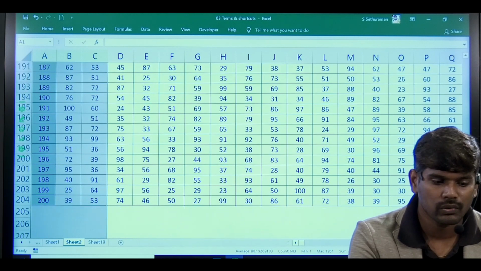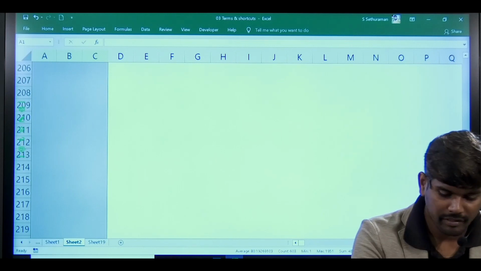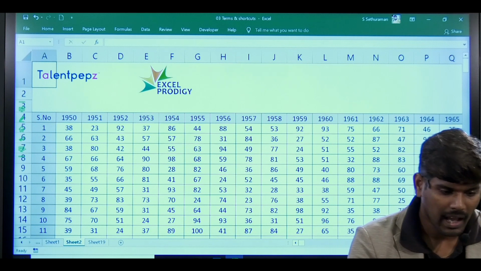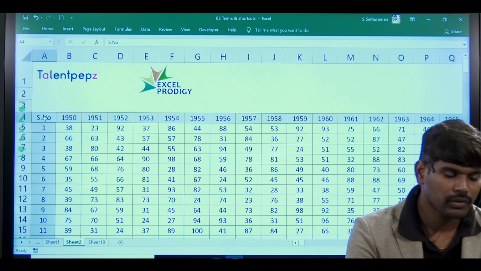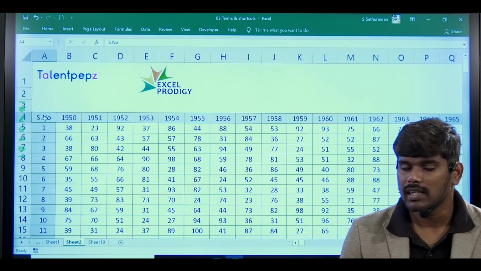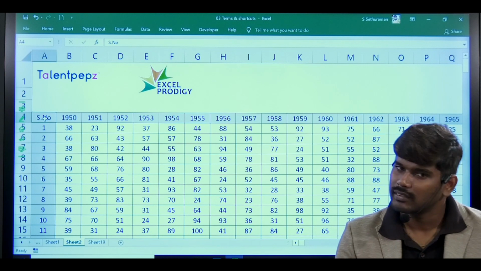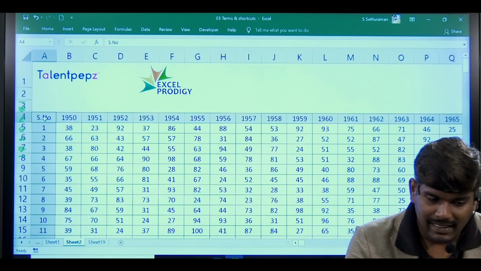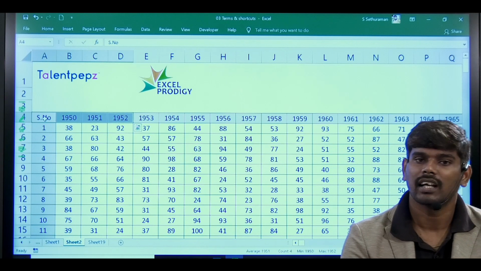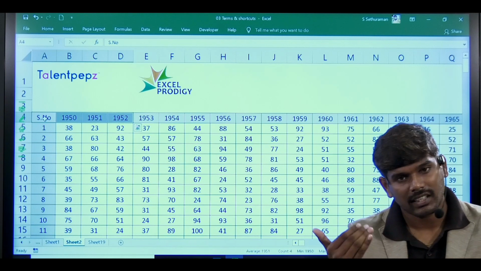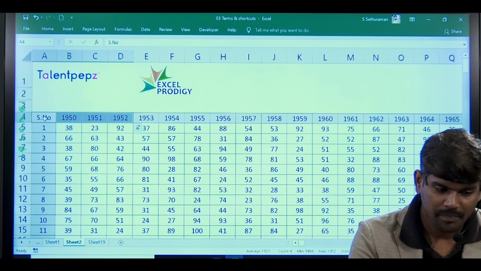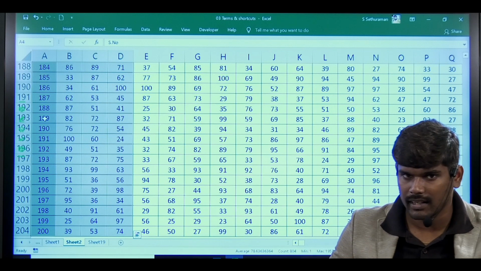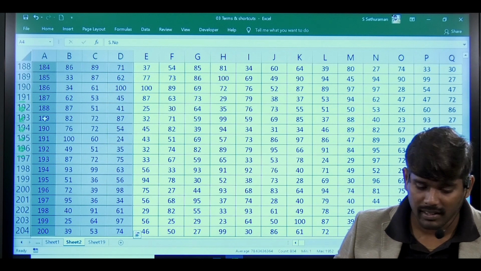After this 200 also everything gets selected. Definitely we should not do it like this. I used Control Home to come to the top. I am clicking on this cell. We know Control plus arrow keys will take you to the end. Then Shift plus arrow keys, what will it do? Shift will select. What I can do is Control Shift Down Arrow. See here, it will select completely till the 204 because that's the end. Automatically it will do. Are you able to understand?